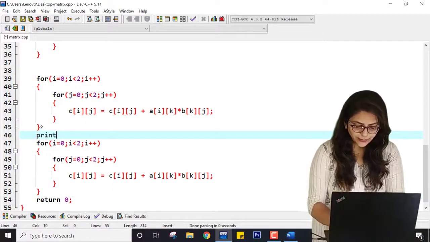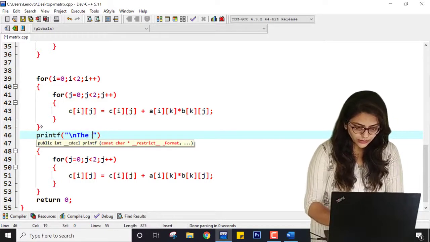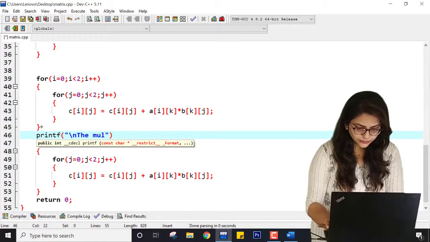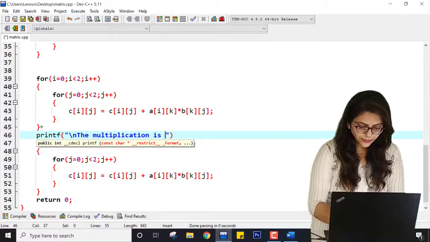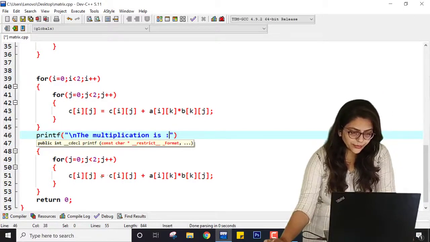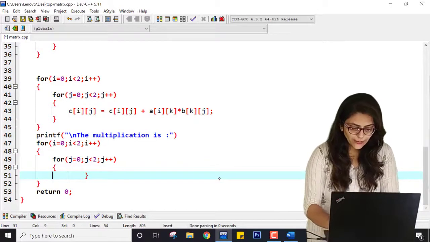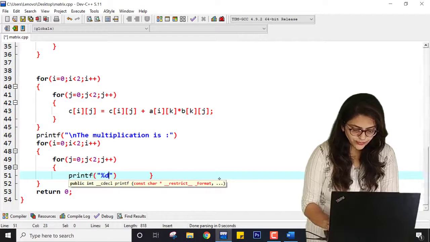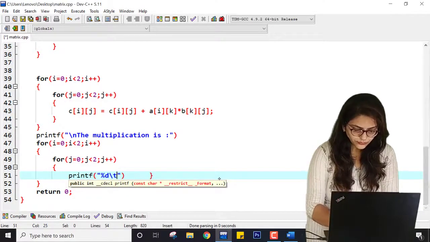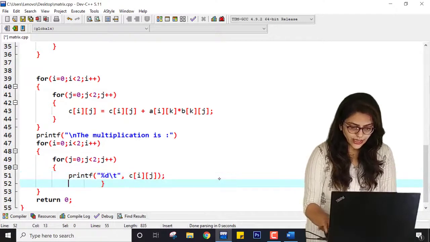So here I can write printf "\n the multiplication is", and then here you can print the value of C, right? So here you can write printf %d, then tab, here it will be C[i][j], right?